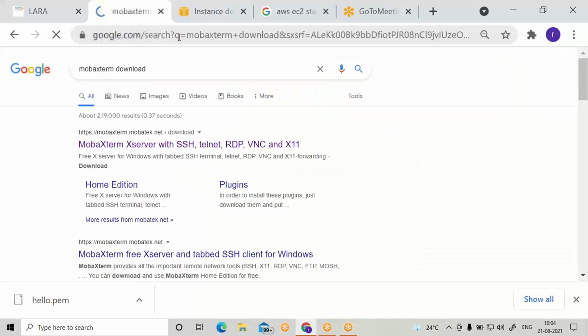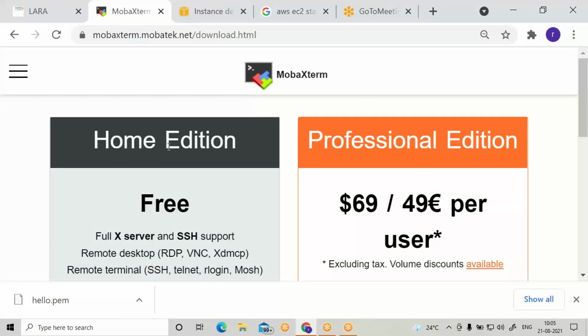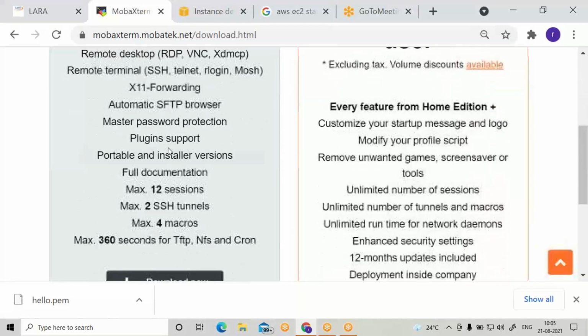Download. Click on MobaXterm. You can see Home Edition and Professional Edition. Home Edition is free.